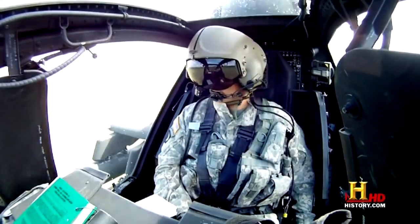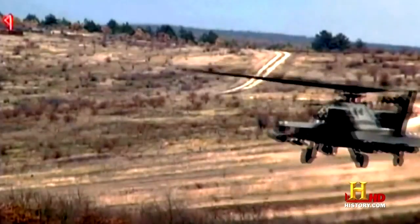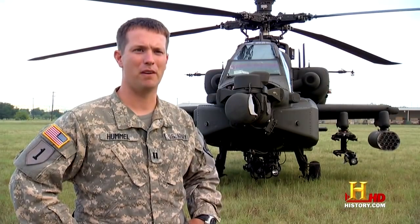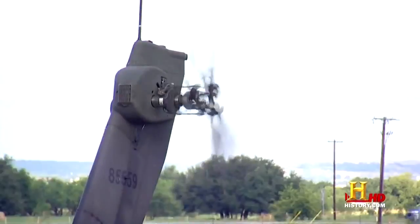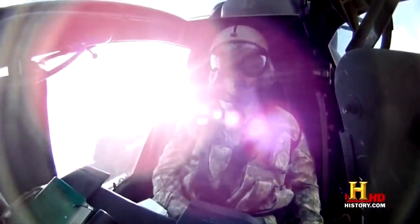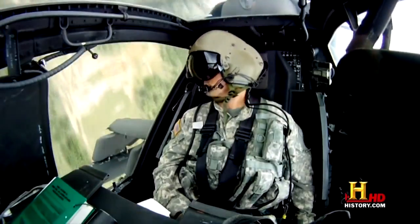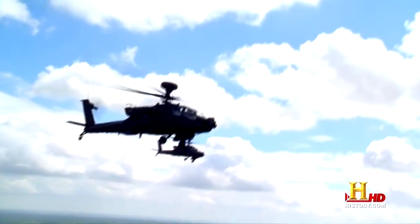I think some of the newer features that make this aircraft as amazing as it is: its capability to stay in the fight for long periods of time, its ability to take an excessive amount of enemy fire and still stay in the fight and provide that capability to guys that desperately need it. It's what makes the Apache one of the military's most advanced and most celebrated aircraft. For a thrill ride without the heights and the 2-year training course,